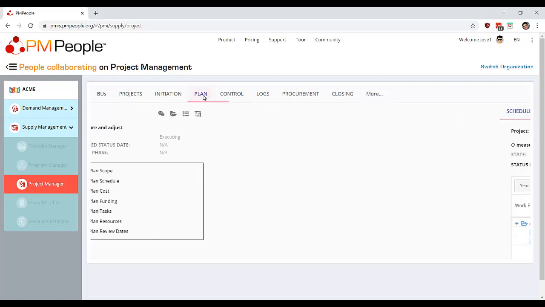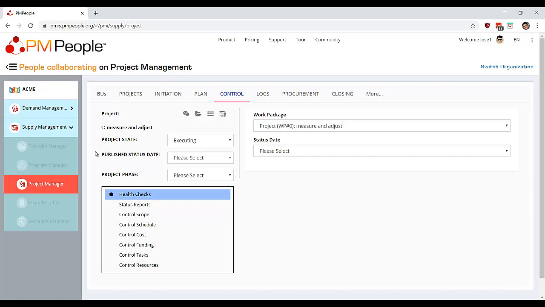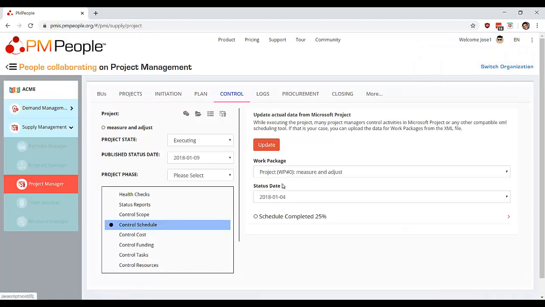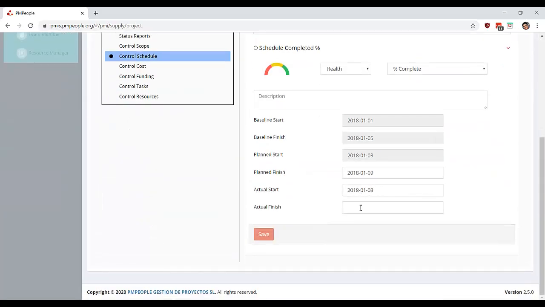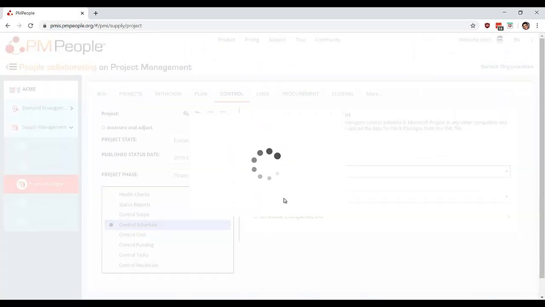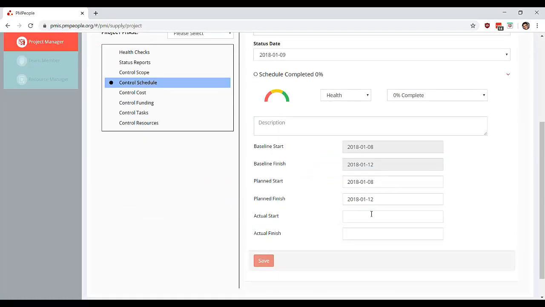Okay, so let's see. I need to plan a new review date, day 9, and for that day, well, first thing I can state that the published status date is this, and in that moment in the project I can see that activity 1 has finished on day 8. Okay, so you can tell that this is a 100% because we have an actual finish date, and I can tell that activity 2 has also started date 9, sorry. Actual start